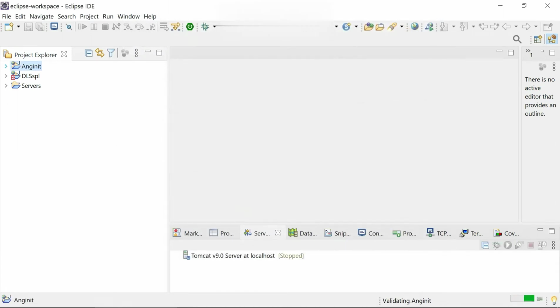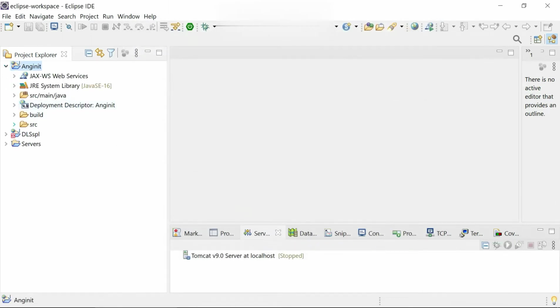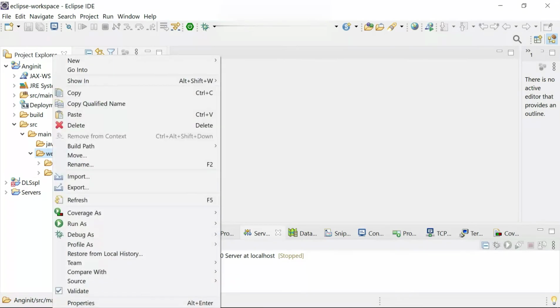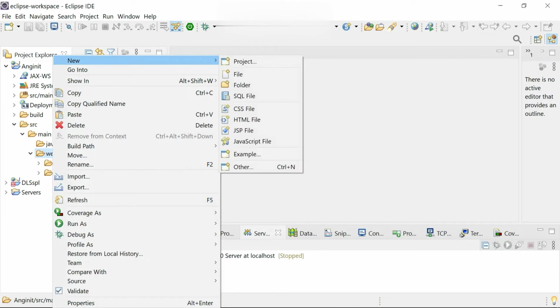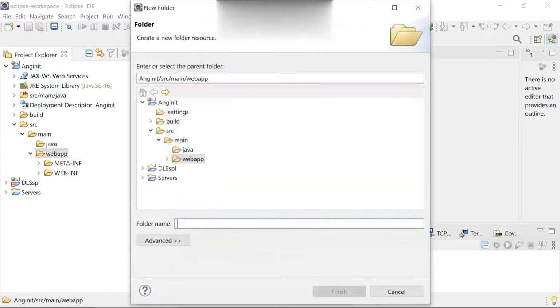Then I click Finish. So the AngularJS application is created, right? You can see the web app, right click on it. As I said in the previous session, this is how to include the AngularJS files into the project. Go to New, then Folder, create a folder, name it as lib.